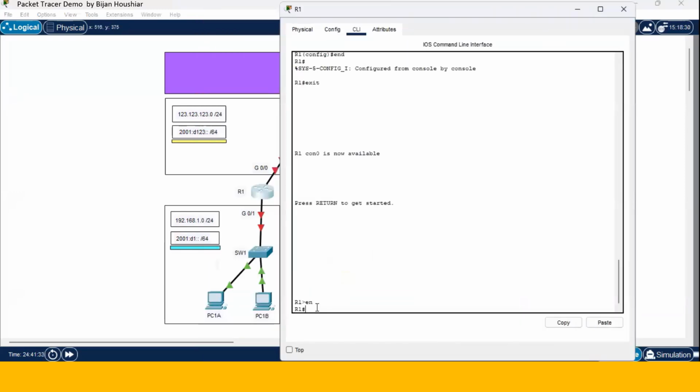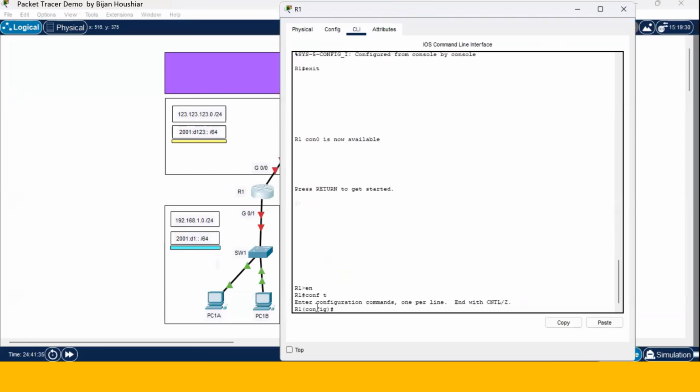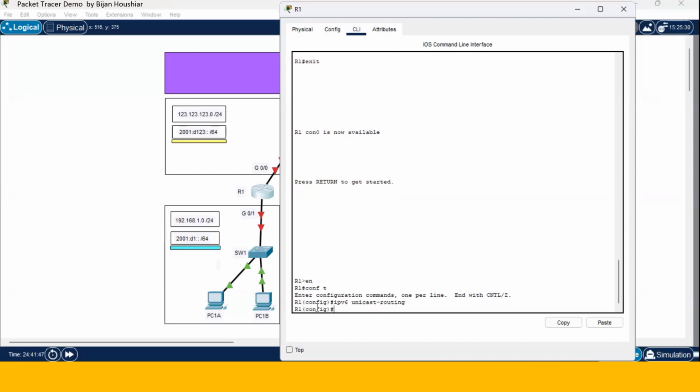access privilege mode, then global configuration mode. Then we are going to enable IPv6 routing with this command, ipv6 unicast-routing. Then we start configuring interfaces. First, we configure interface G0/1 as a dual stack type of interface. Interface G0/1,